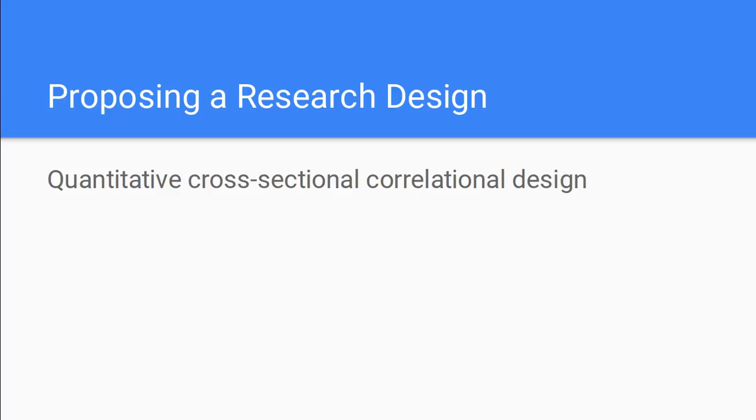The research design that I am proposing is a quantitative cross-sectional correlation design, and the study was selected because it places an emphasis on testing objective theories by examining relationships among variables and is easily adapted with a large group of people. So for this study, I would need a pretty large sample, hopefully of at least 1,000 to 2,000 people, because there are over 5,000 students in the Jackson Public School District, which is my target. So I needed a design that would allow me to work with a lot of people, but also give me a quantitative outcome, because in order to look for my correlation, it would be easiest to analyze my data using a statistical analysis, which I need quantitative data for.